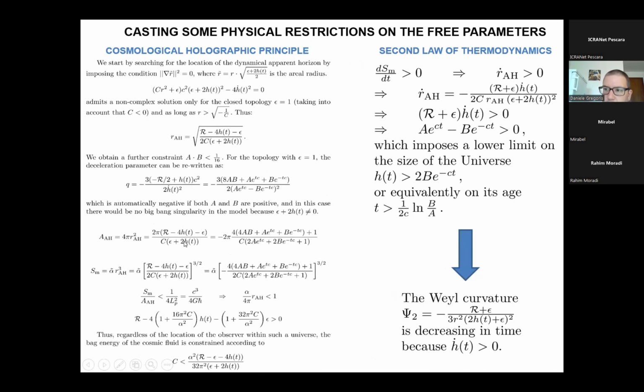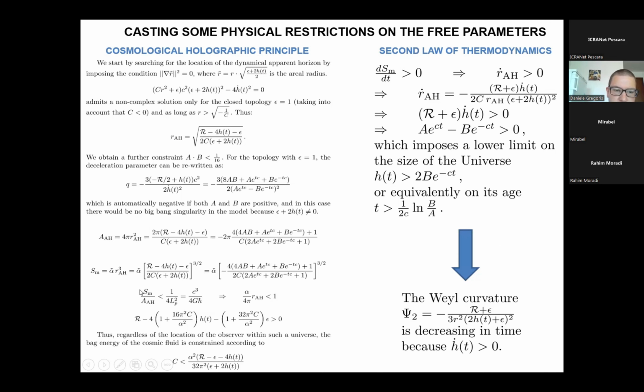So what we did is, first of all, we tried to put some physically meaningful constraints on the values of the free constants A, B, and C. So we have used two arguments, one from the cosmological holographic principle and one from the second law of thermodynamics. So the cosmological holographic principle tells us that the entropy of a matter field, and it is important to always remember of which entropy we are talking about,